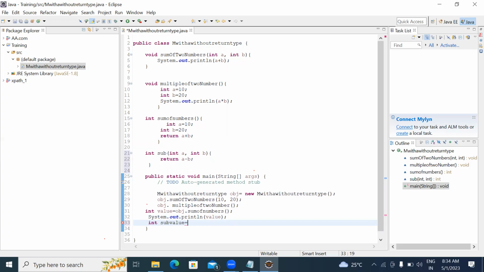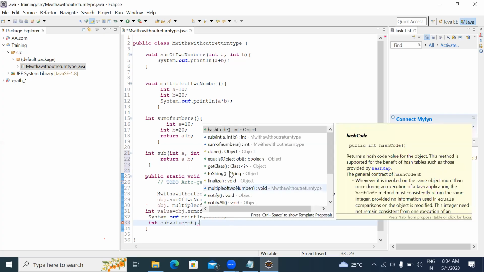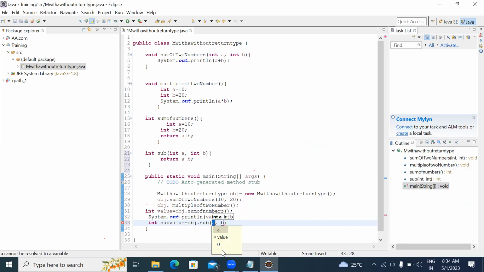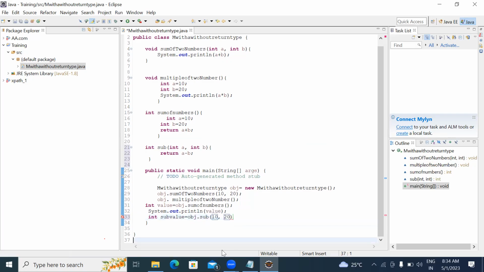This is also an instance method. So how do we need to call it? We need to call it while creating an object, right? obj dot sub, yeah. So here 10 comma 20. Save,